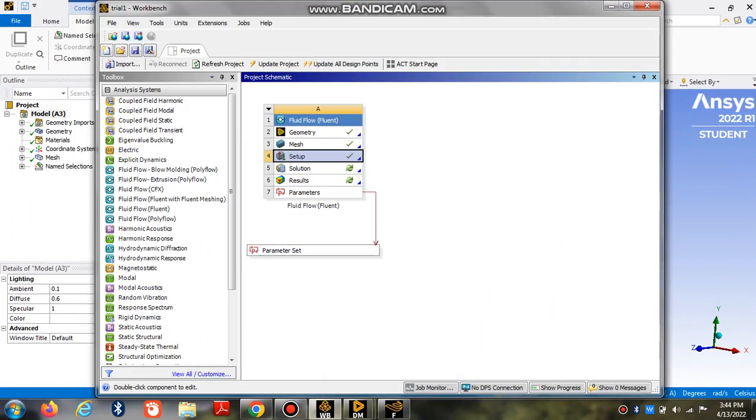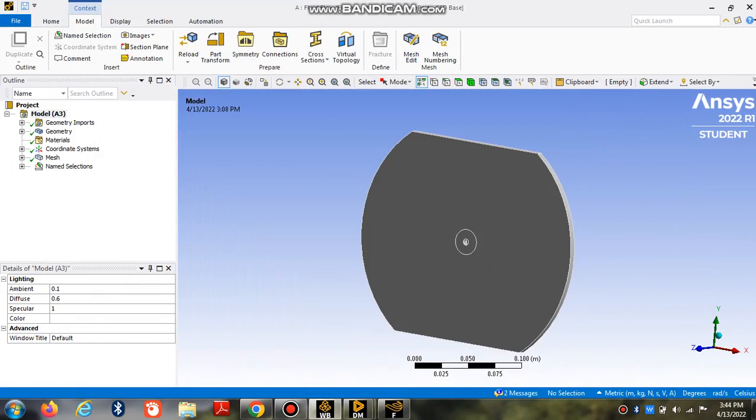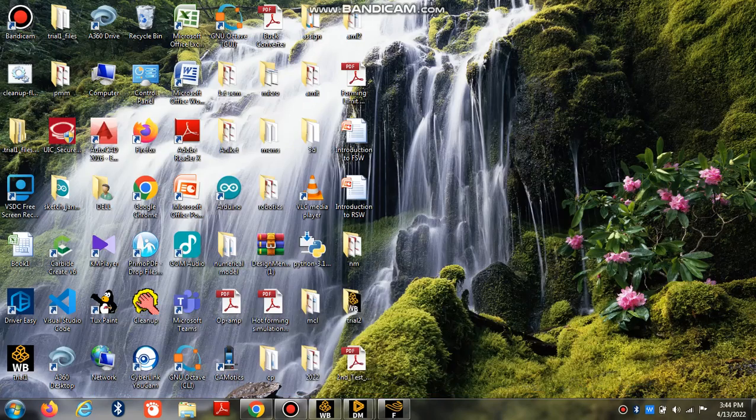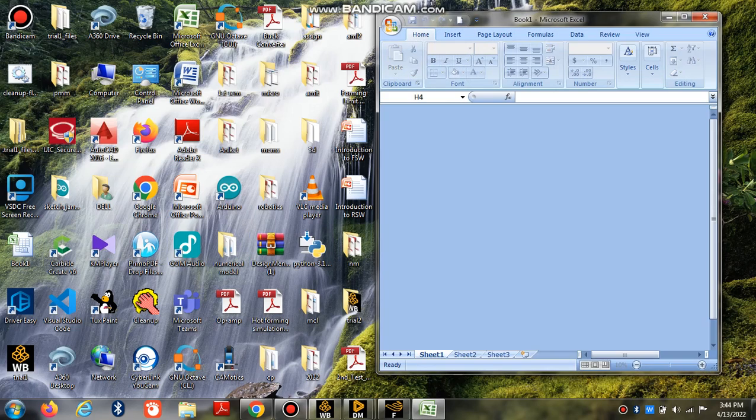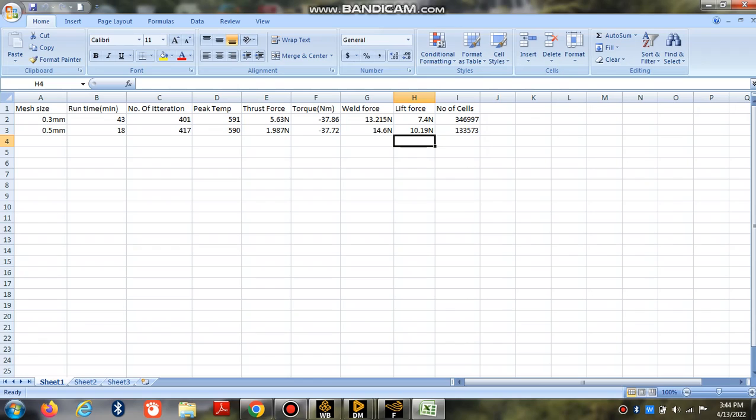And we have some results for 0.3 mm mesh size and 0.5 mm mesh size. Here are the results for 0.3 mm and 0.5 mm mesh size: run time, number of iterations, peak temperature, thrust force, torque, weld force, lift force and number of